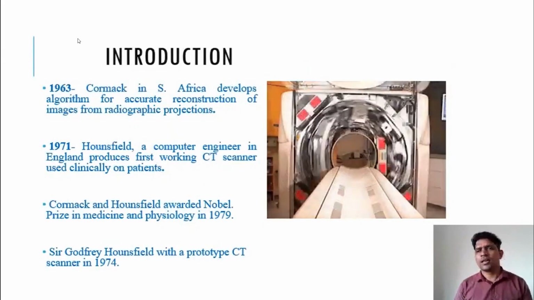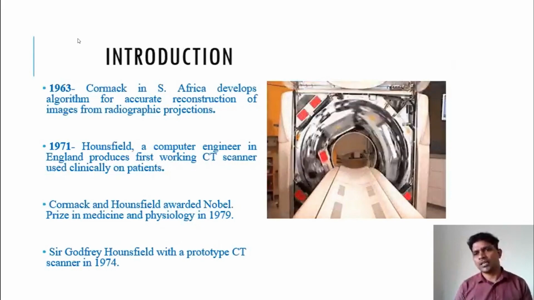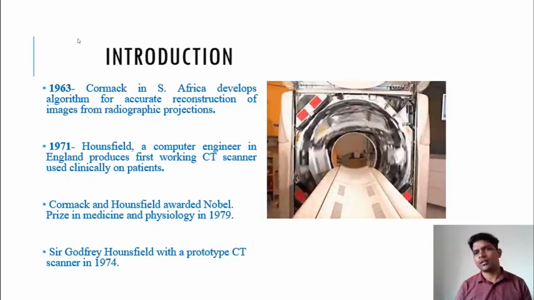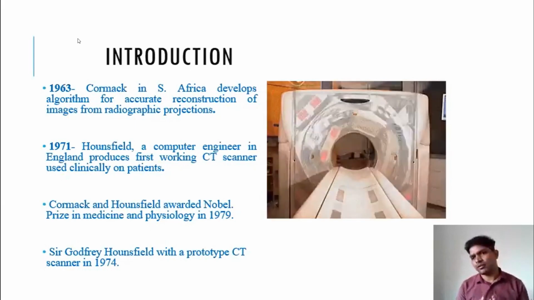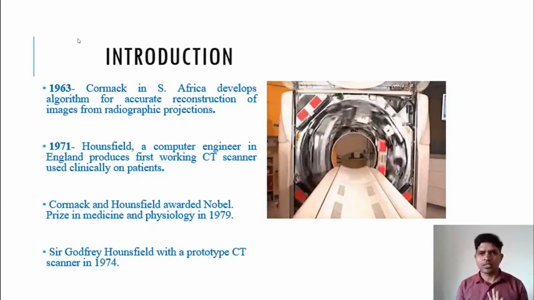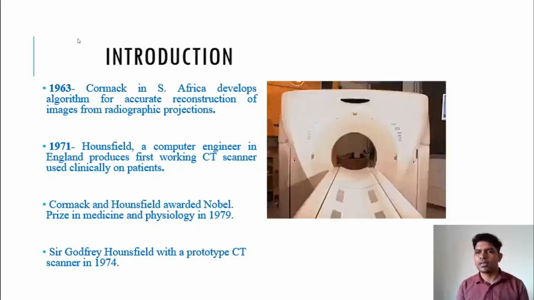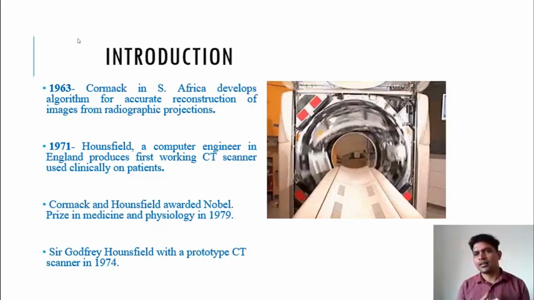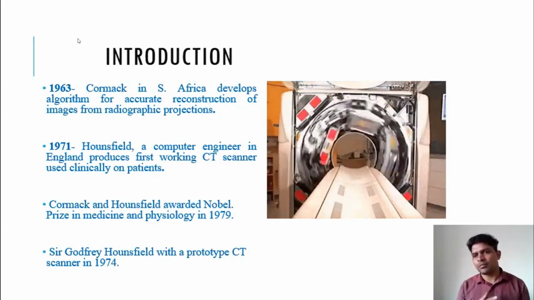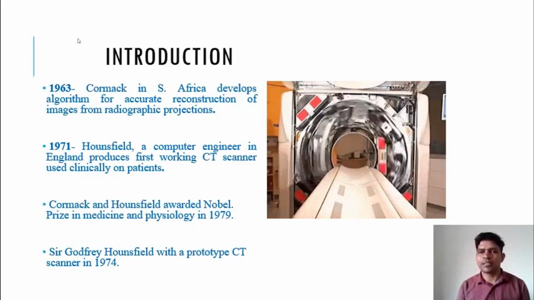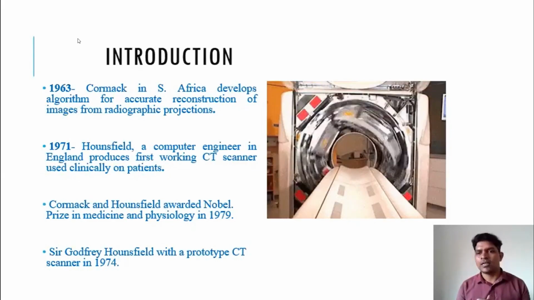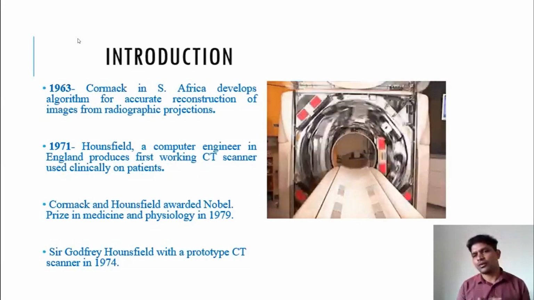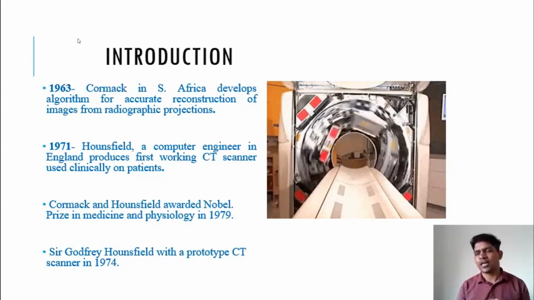Later, as all of you know, in 1963, even before that, Cormack in South Africa developed the algorithm for the reconstruction. But later, when Hounsfield developed the CT, they both worked together. Because of that, both of them got the Nobel Prize in 1979. Later in 1974, Sir Godfrey Hounsfield developed a prototype CT scanner and